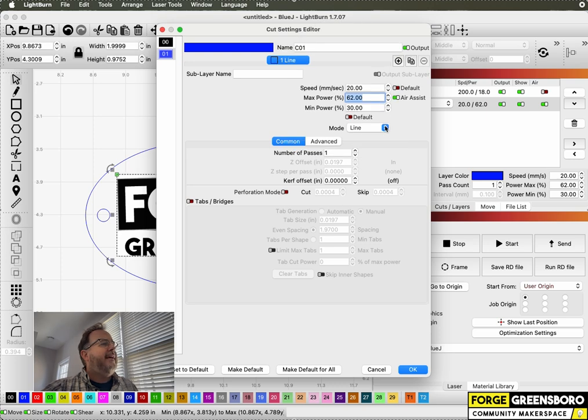Our mode is set to line. Fill and offset fill are your two others. Usually line and fill are the only ones we use, but if you're cutting or drawing, you want to use line. Down below, in terms of settings that some people set that you may not be expecting to be set,